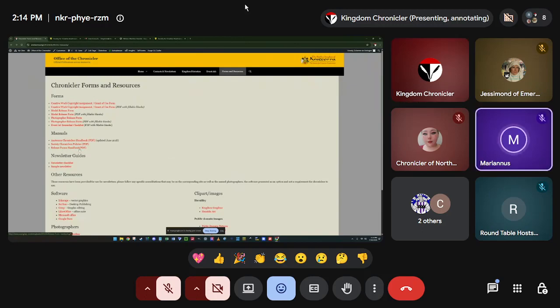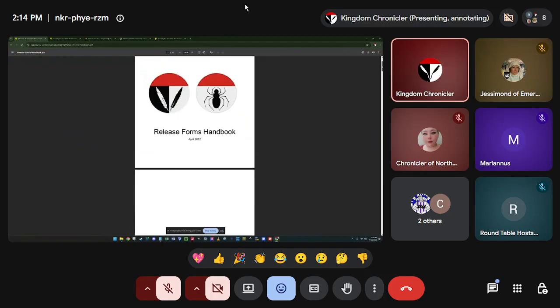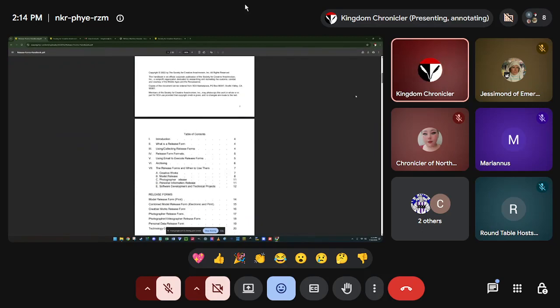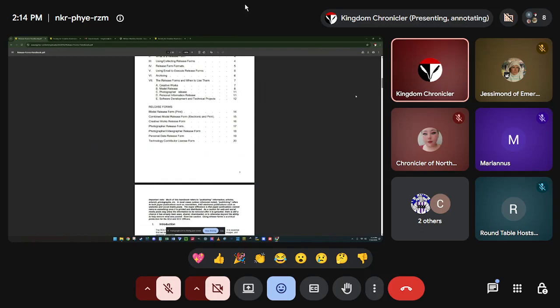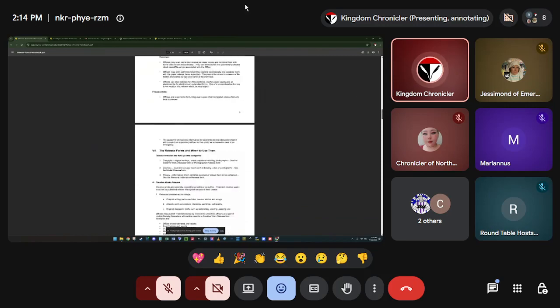All right, awesome, thank you. So if you go there, and this is April 2022, straight from the society page. There's not a newer version of it. So collecting, it goes over a lot of stuff, but it does have a good example of